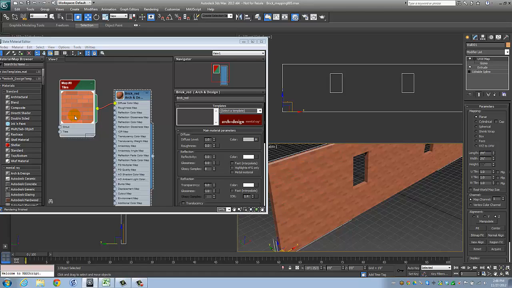Now, if this were a bitmap that I had downloaded from the internet, and this were the result, there is not much that I can do about it. But with this tiles map, the added flexibility allows me to make changes to both the map itself and my mapping coordinates to eliminate